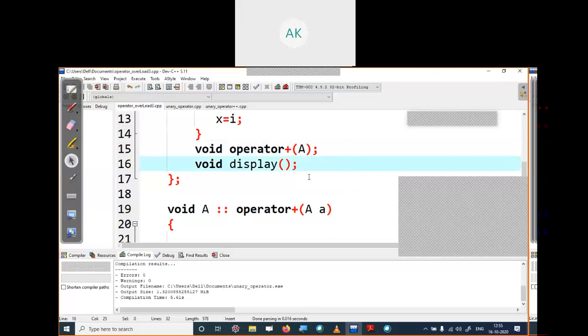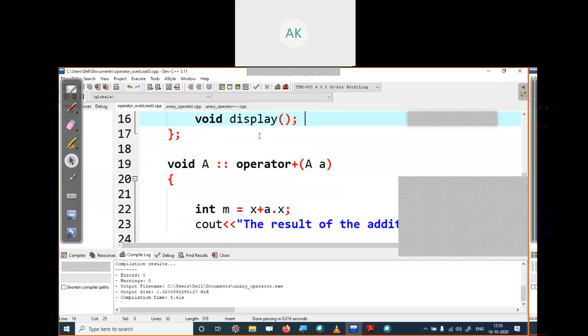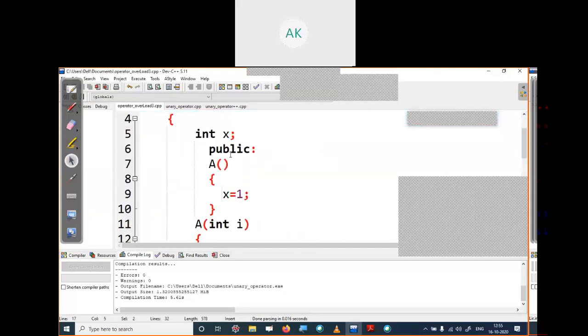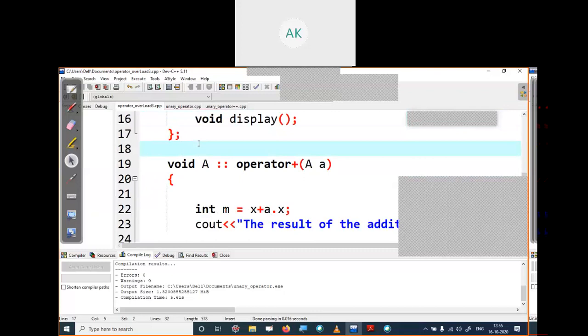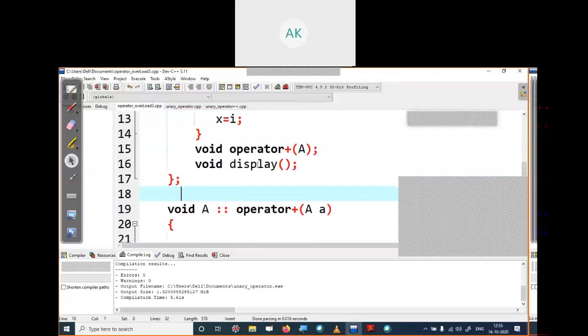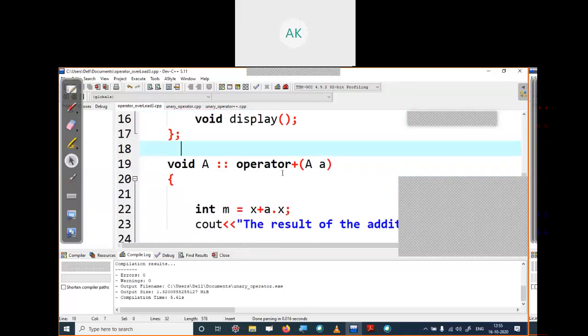Okay. So here the next method we have declared is display, and we have not mentioned what the method is doing, and we have closed the class body. We are defining this display method and operator outside your class, so we have to write in this syntax. We have to follow this syntax: write the return type and class name.